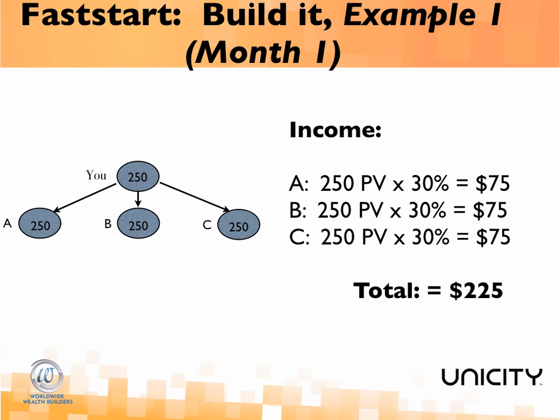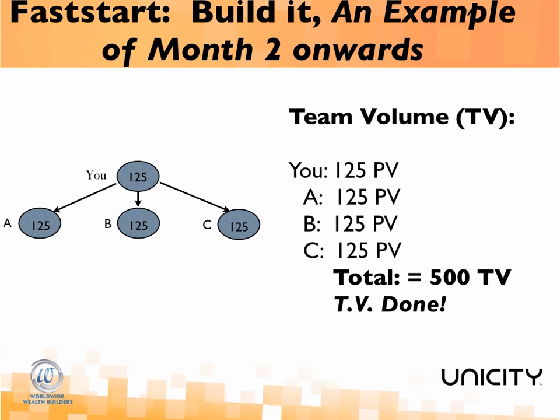So you've got A, B, and C there, each doing their 250. You get 30% because you're going to end the month as a manager, which means you're going to be at $225. I make the point, depending on the market, that you are well on your way to getting your initial investment back. In fact, one of our goals very early on, in the first month or two, is to get you to a zero cost basis. When you demonstrate that level of concern to people and that language to people, it instantly changes something in their mind, from this person has my best interest at heart, this person is looking to help me get a return on investment, isn't just looking for transactions for themselves.